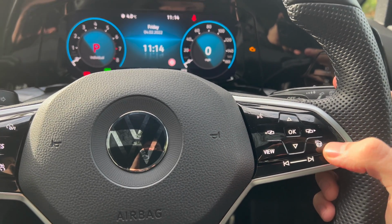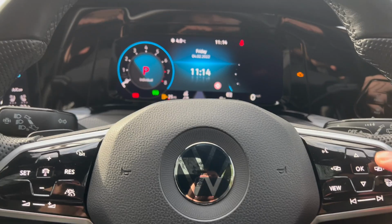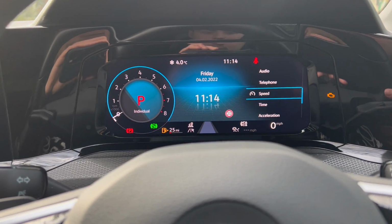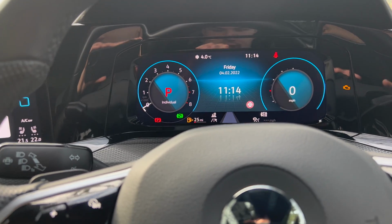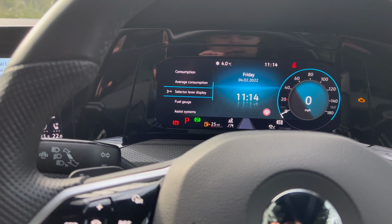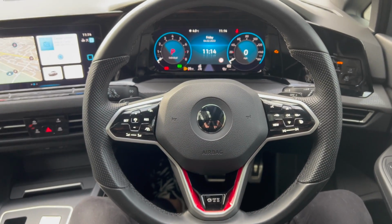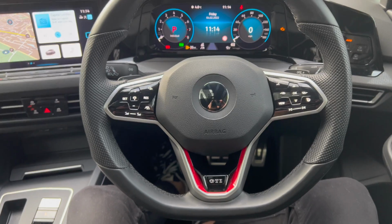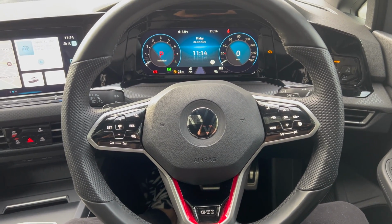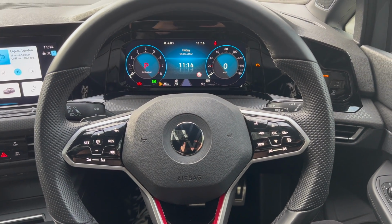You've got obviously your heated steering wheel, you're flicking through songs, you're changing your displays on here, which I think's spot on as well. A bit like my Range Rover, you can put anything you want on that side, but we'll also keep the speed. On the left one, obviously you can change your consumption or your select level displays. And I just think this steering wheel as a whole, that's a little extra one in, is so nice. It's got the flat bottom steering wheel, which everyone loves, and it's got all the buttons you could ever need on it to get everything sort of